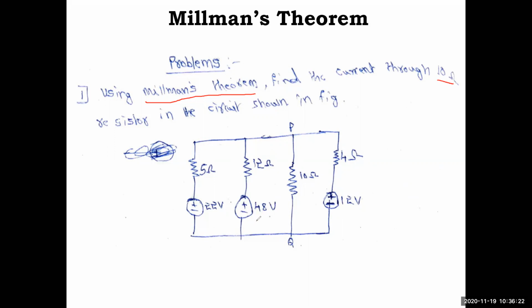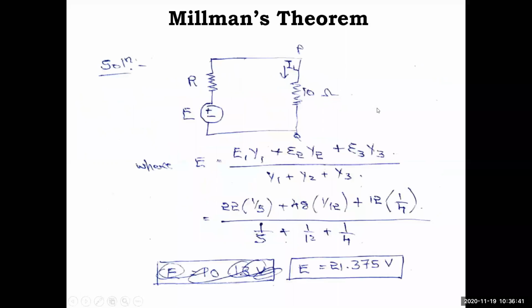After finding it, it is a simple E into R circuit, then you can apply the KVL and find the current through the circuit. So now we'll use the formula straight away, no need of writing simplification as we have done in the previous case. Hope you have noted down the question, with the plus minus here, polarity wise, as I told you. Now this can be converted into this simple circuit, E in series with R with a 10 ohm, and then finally if you apply the KVL you will find the load current.